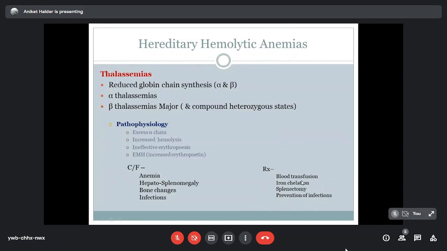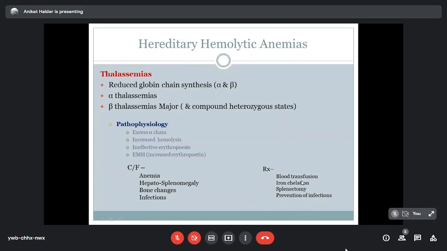It should be considered if there is massive splenomegaly, and if there is worsening anemia resulting in growth failure, if there is massive splenomegaly with impending chances of rupture, or there is hypersplenism causing cytopenias. Only in those conditions should a splenectomy be considered, because once splenectomy is done, the child will be more susceptible to infections. So splenectomy should be considered in certain cases where there is a refractory anemia which is